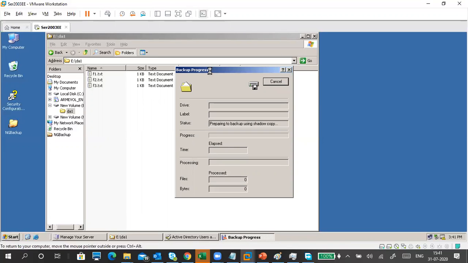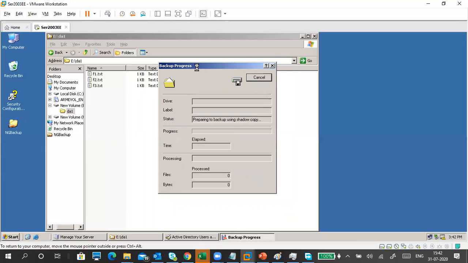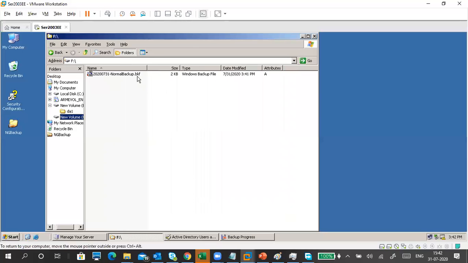Do you remember the steps, or shall I show you in the next backup? It will take a little bit of time to start. Once it starts, it won't take time, maximum 1 or 2 seconds. But to start this one, it will take time. In the old versions, the backup file name is like .bkf. .bkf means it's a backup file.